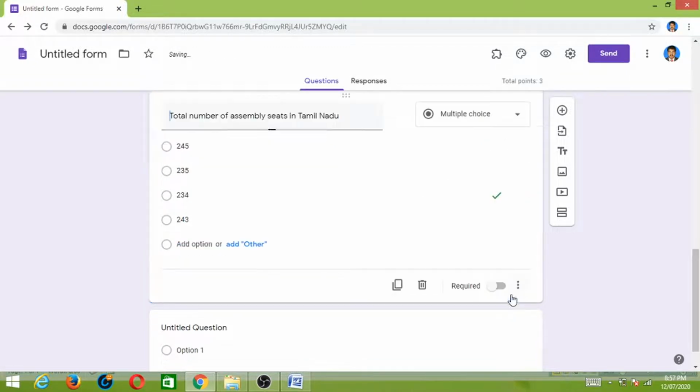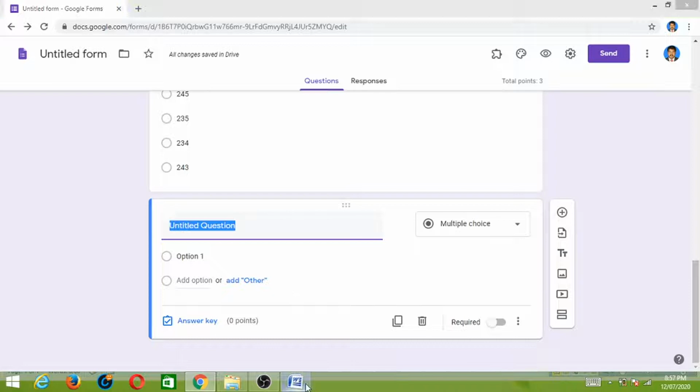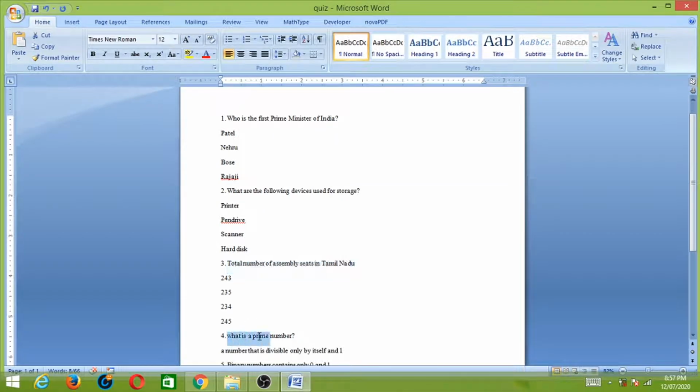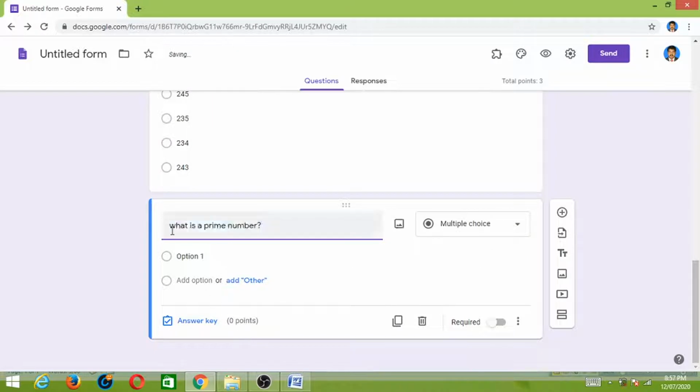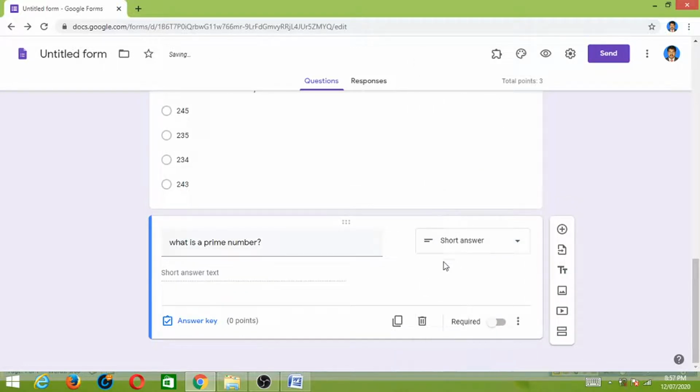One point, done, and make it required. The next question is, I give the answer type as short answer.